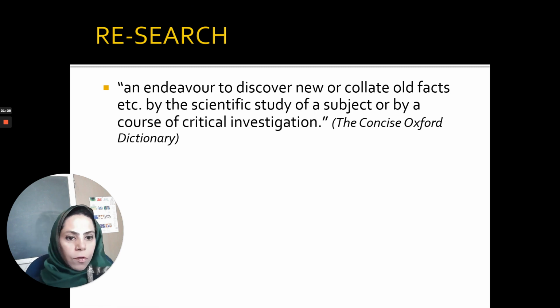And of course his contribution also gave rise to this new science, which is the science of